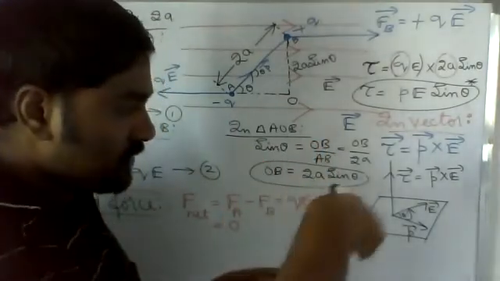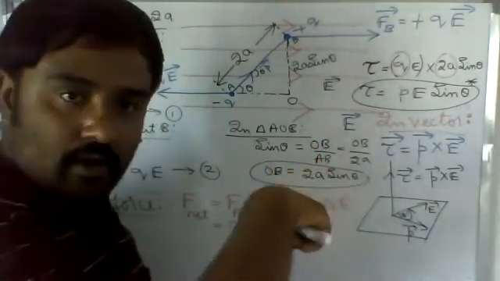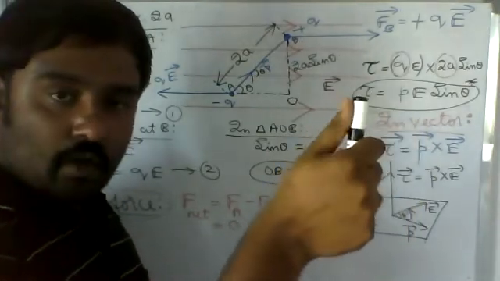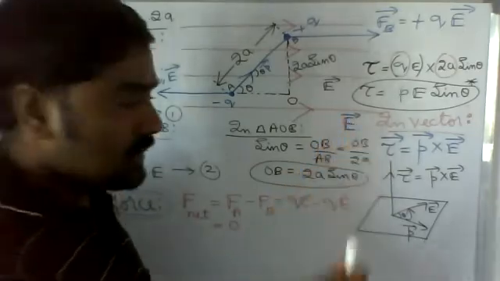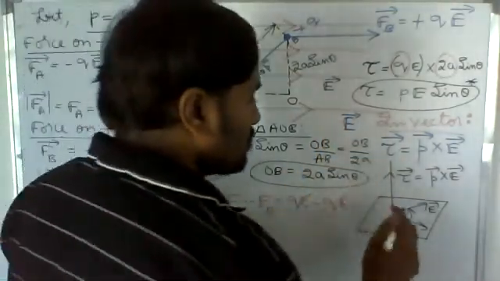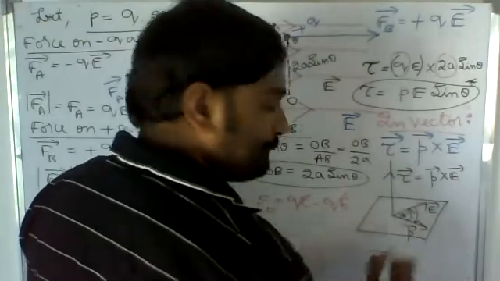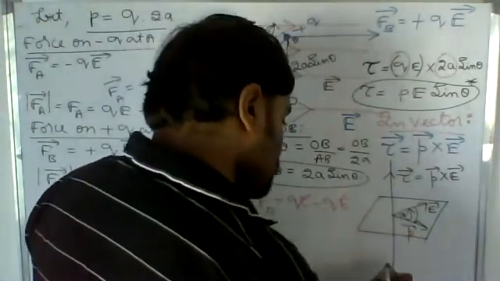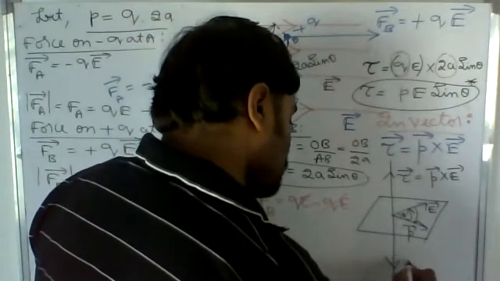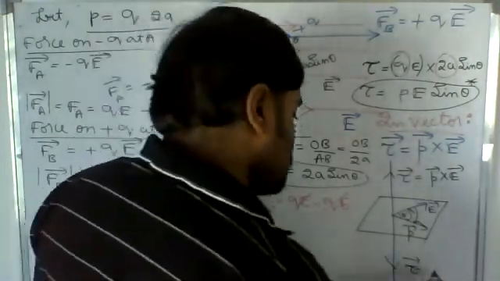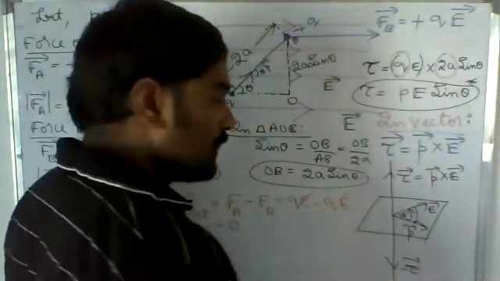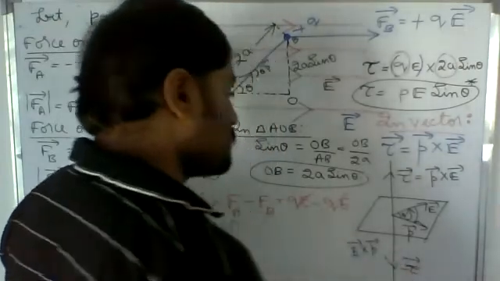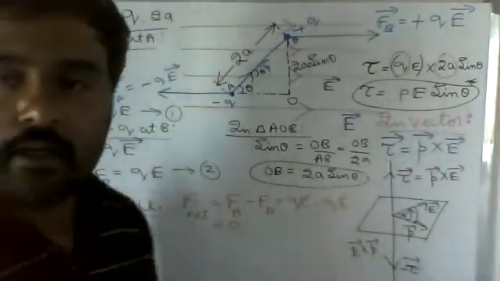So here the rotational vectors are anticlockwise. So the thumb indicates the direction of the resultant, that is tau vertically upwards. Suppose the rotational vectors are like this: E vector cross P vector. Then torque acts vertically downwards. So this is minus tau. Actually, this is E vector cross P vector, which acts vertically downwards.